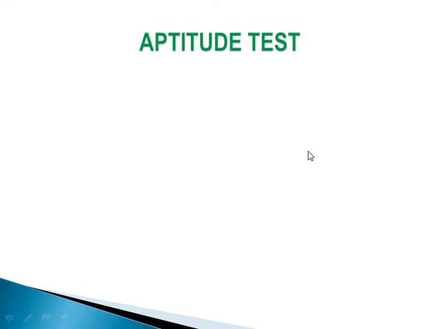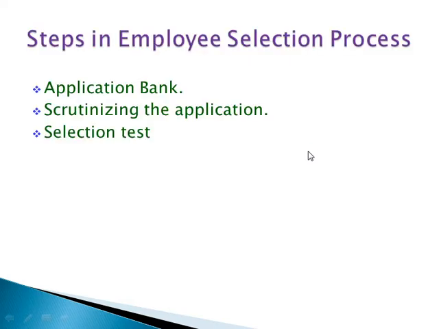Now we are going to follow the steps in the employee selection process. First is the application blank. Most public sector organizations supply pre-printed application forms or direct the candidates to download the form and upload it to their websites. This application form includes all details about the candidate: family background, educational qualification, co-curricular activities, work experience, and scale of pay.